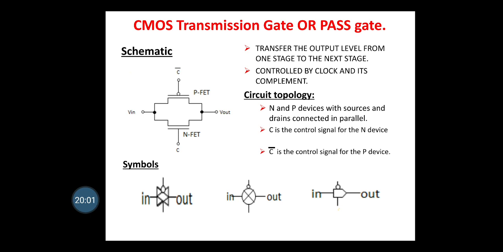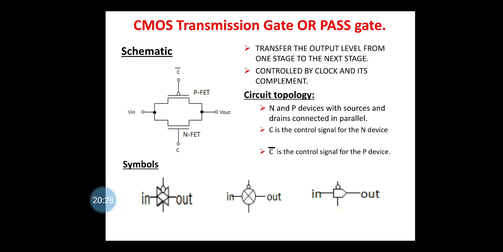Each transmission gate is controlled by a clock signal and its complement. The advantages: they output both strong ones and strong zeros. They consist of two transistors in parallel, and except near the positive and the negative rails, they have about half the resistance of a single pass transistor. As resistance is half, the propagation delay also becomes half.